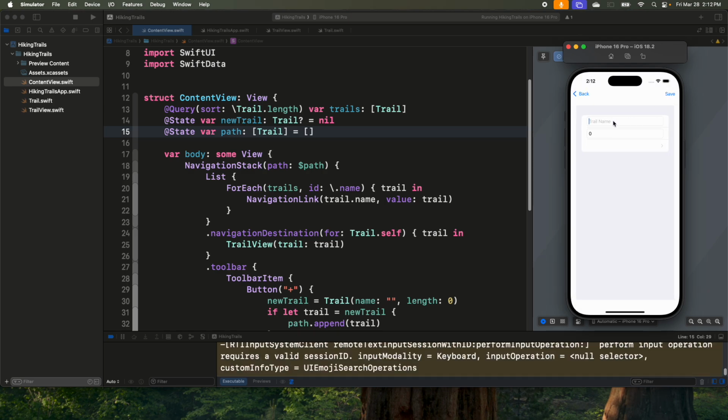Go to here, and then we'll do Snakehead Ridge, right? Which is like 3 miles or whatever, right? Save, and then go back, right? And it's there also, okay? And